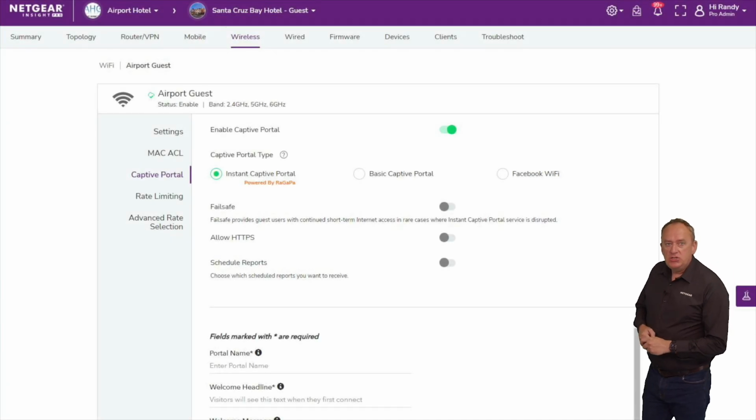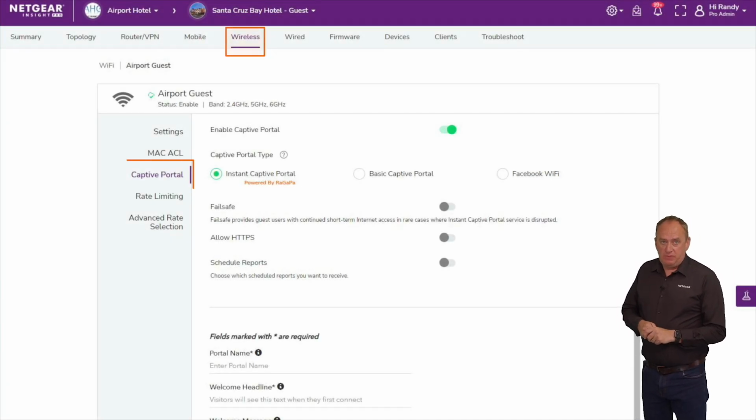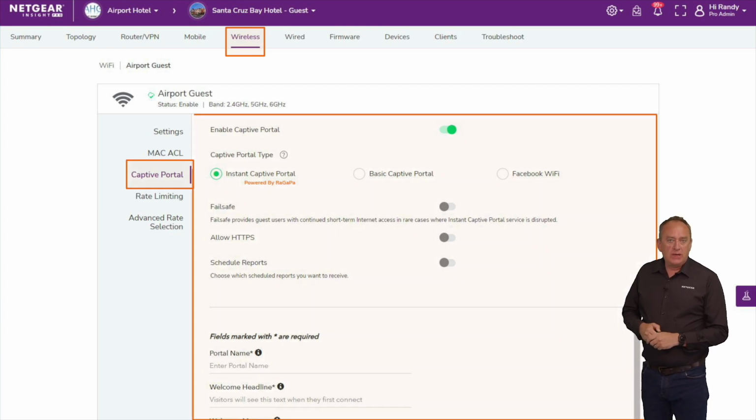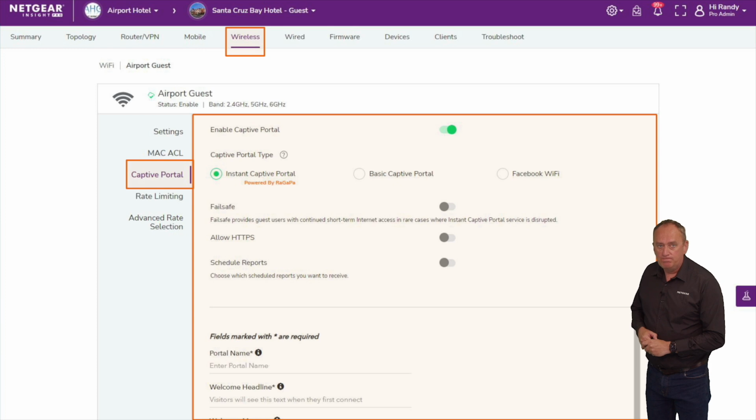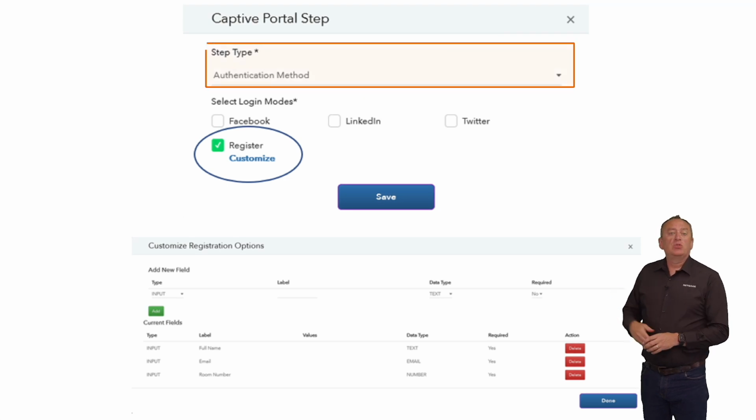Head to Organization, Location, Wireless, and Enable Captive Portal. Then select the options which apply to the location you're creating this portal for and use the plus button to configure the steps to create the process of instant captive portal logon. To set up authentication, in the captive portal step dialog box under step type, select authentication